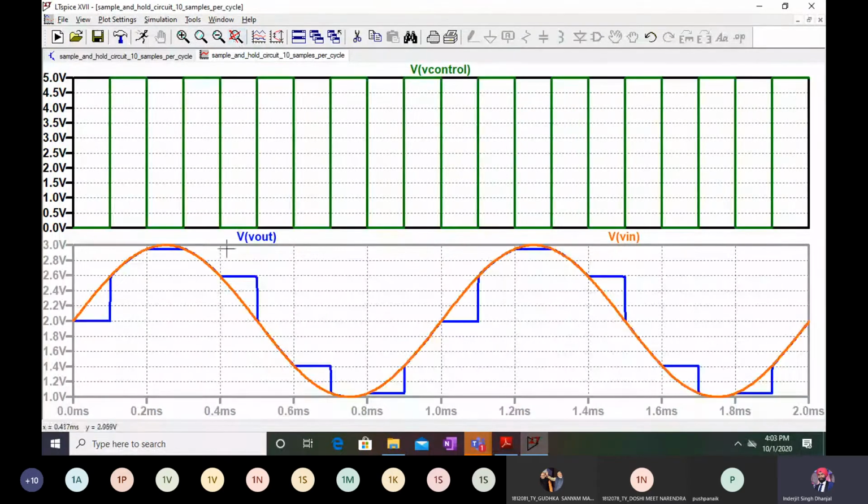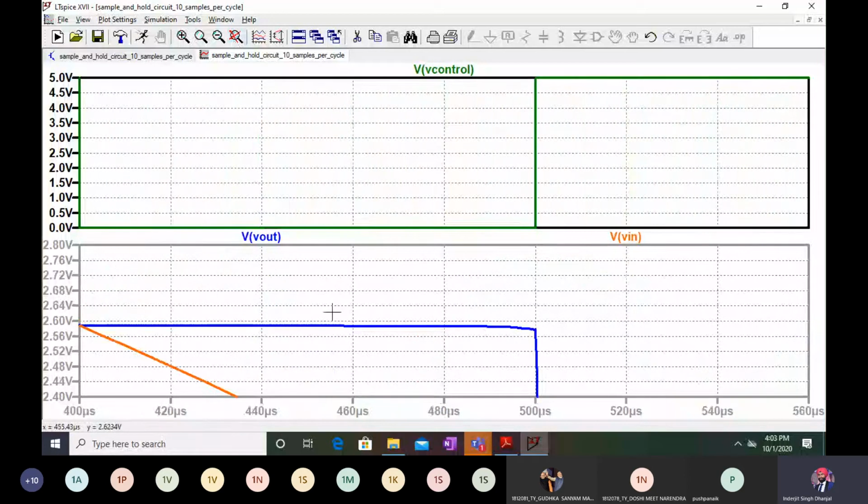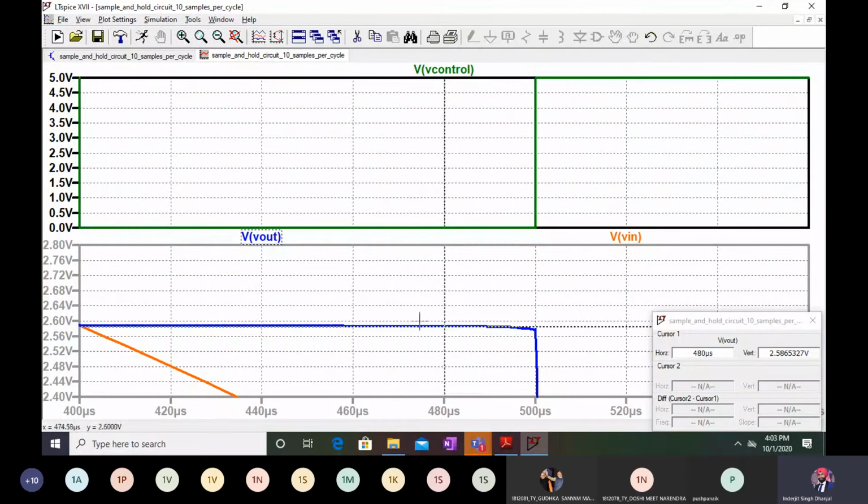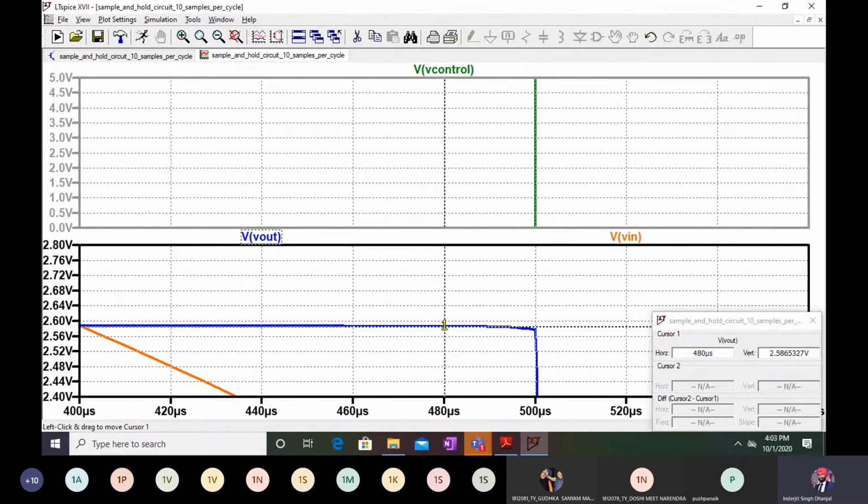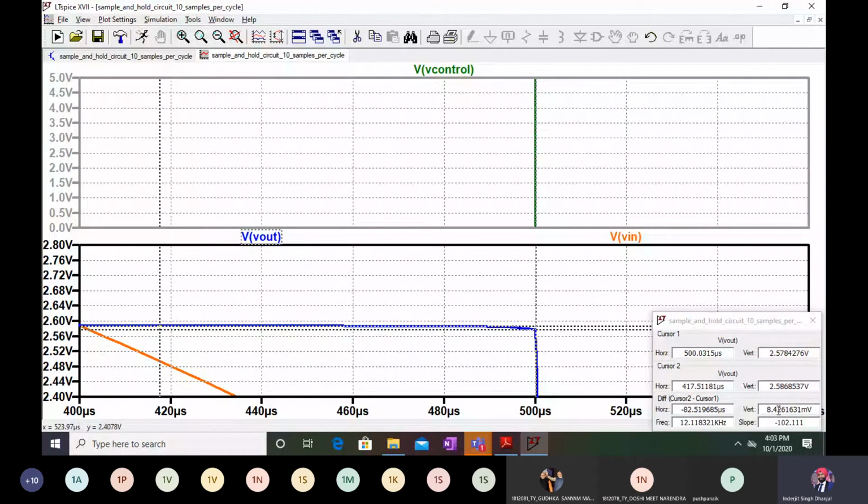So during the hold mode, what is this voltage dropping? During the hold mode, the capacitor voltage should remain constant, but it will not remain constant. There will be a slight dropping over here. Okay, so this print screen you can take and mark that there is a voltage dropping phenomenon happening over here. So here I can keep it like this, and here I can keep it like this. So here you can see around 8.4 millivolt is my loss in the voltage. It's not constant, it's slightly dropping. So 8.42 millivolts divided by the total voltage into 100 will be my voltage dropping rate.